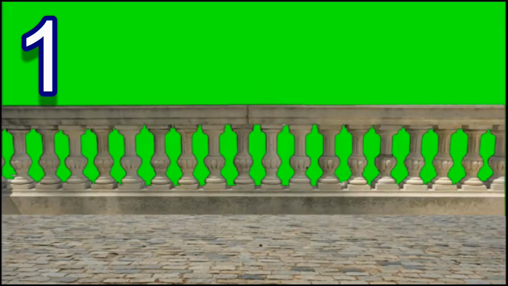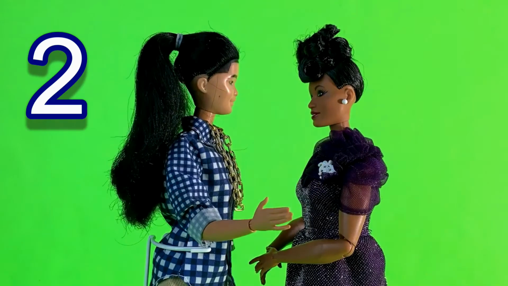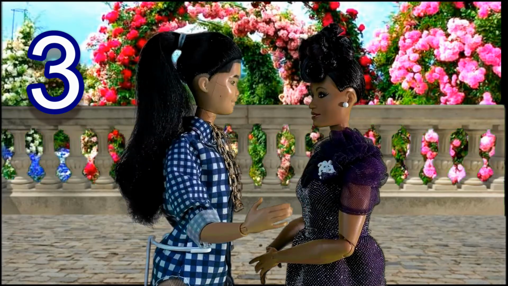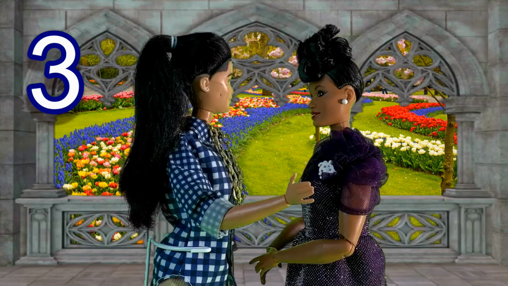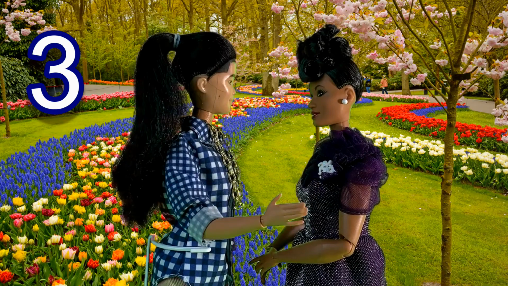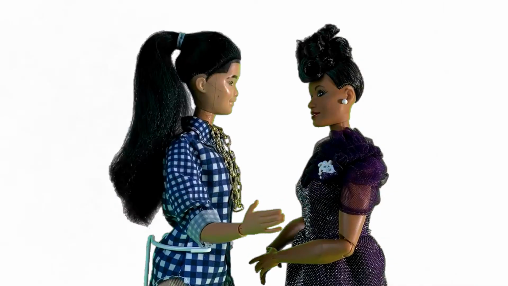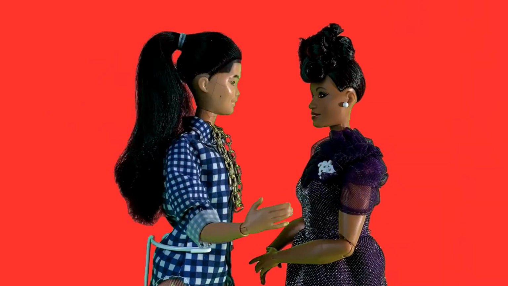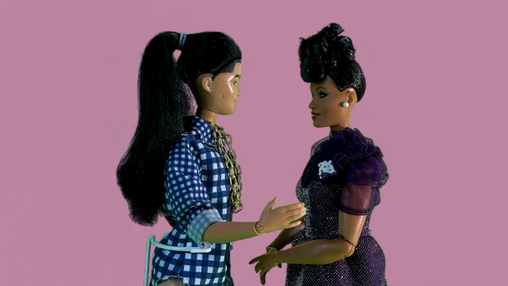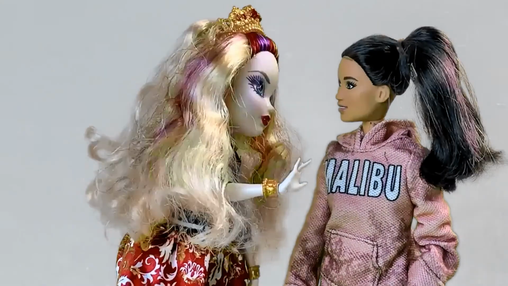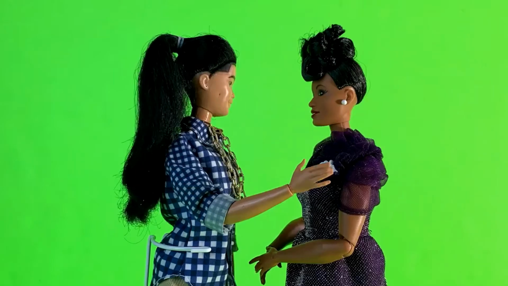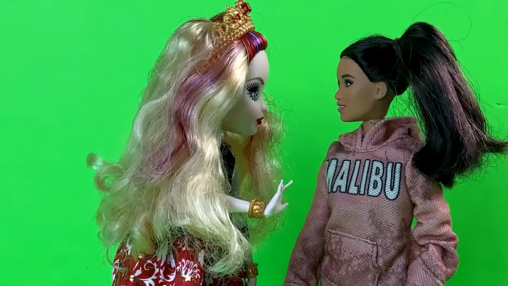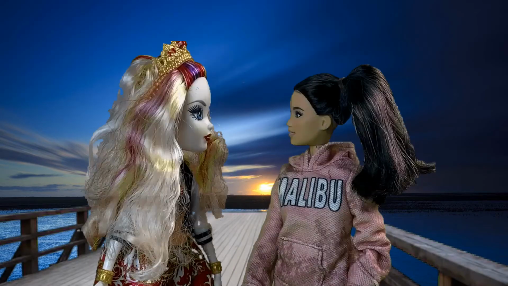The reason why I'm sharing this with you is because in the past people asked me how I changed out my doll backdrops, and I do use green screen. You can also use blue screen, white screen, red screen, pink screen. You can do that, but there is a process behind it, and I do like to play with different backdrops besides always building my doll rooms, because sometimes that can be a bit much. There are many different images or backgrounds that you can choose from, so you can just have so much fun